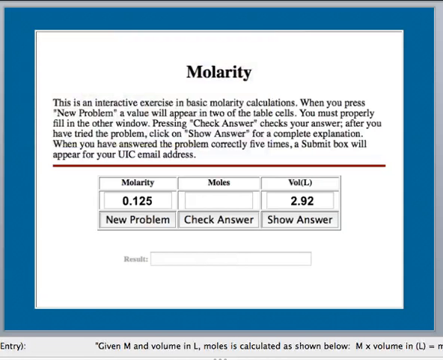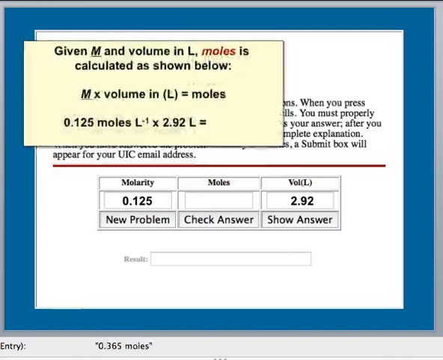We'll see why that's so important when we do dilutions, because we'll use that constantly when we do dilutions. Concentration times volume is moles. So we have 0.125 times our volume, 2.92 liters. 0.365 should be the